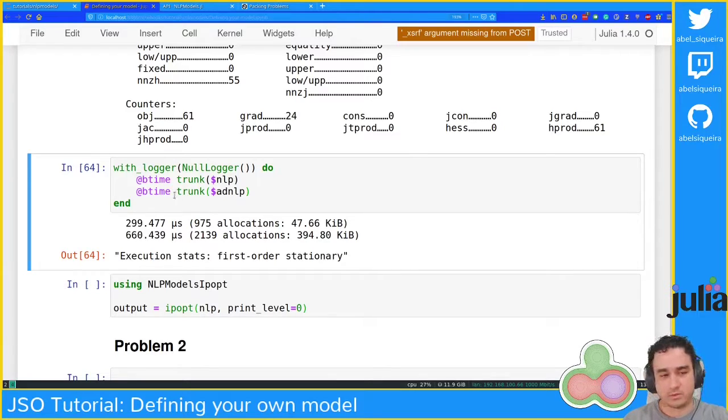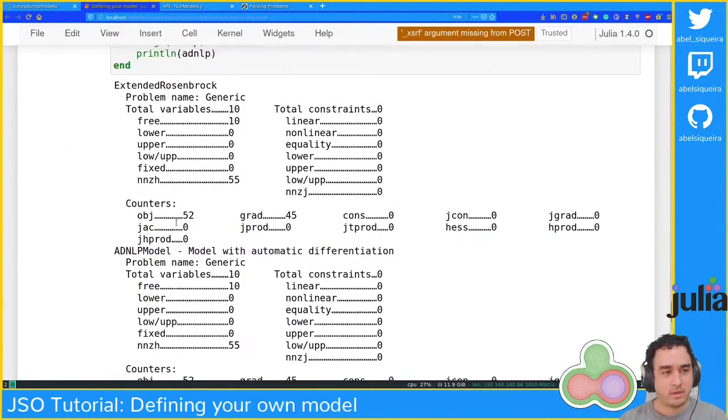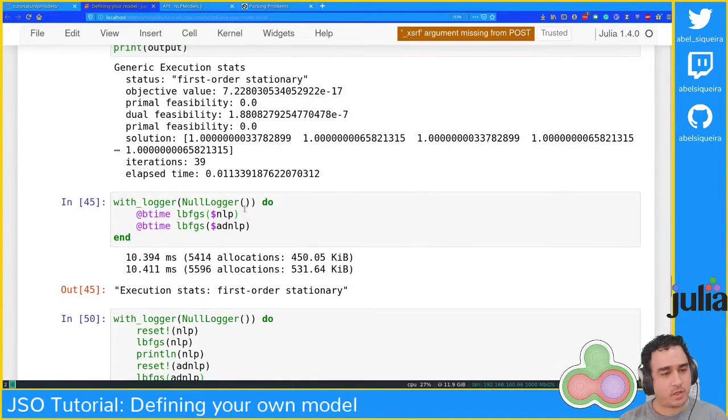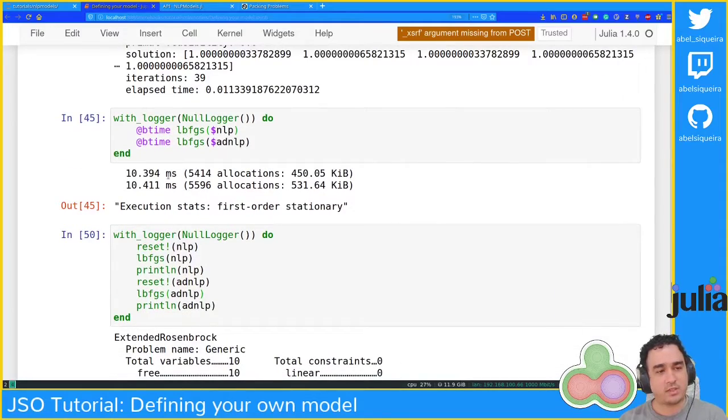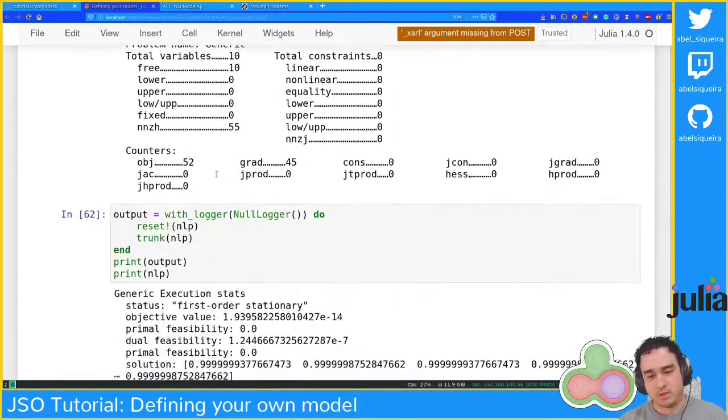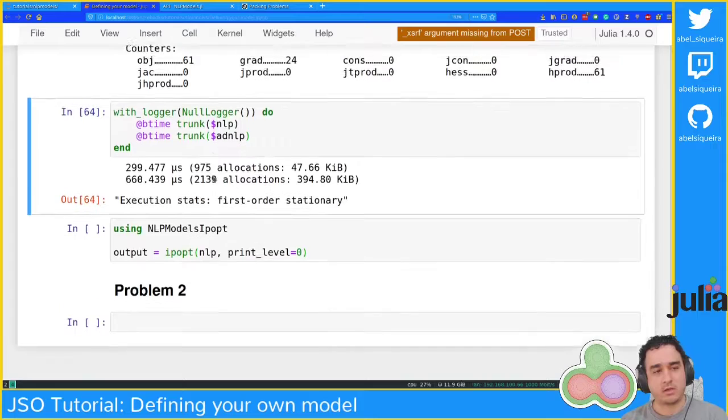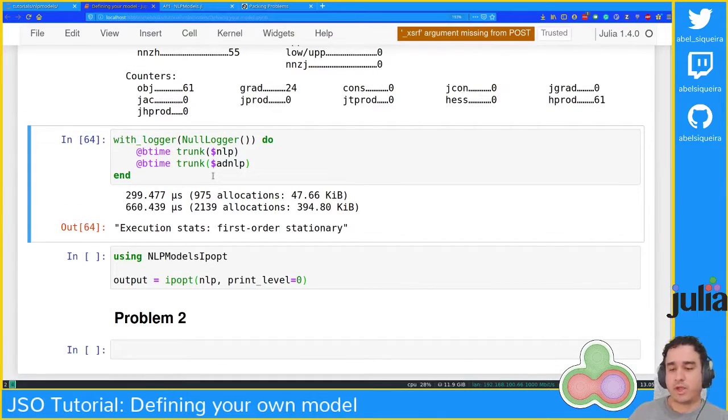It's that slower. That's always interesting to compare these things. Also notice that it's in the microseconds, sorry, and our LBFGS was in the milliseconds. So trunk is much faster here. So you can feel the